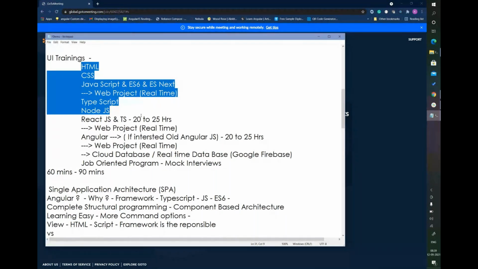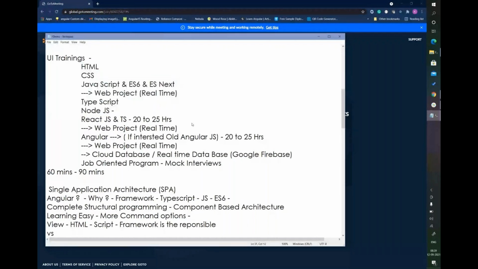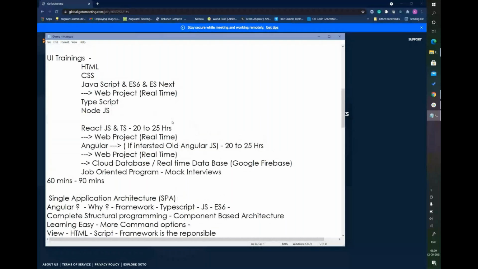So till now it is around 20 to 25 hours, which is 1 month, and this is another month, and this is another month. Completely, 3 months of time you need to spend on these things.